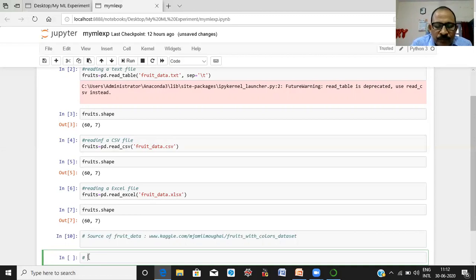So know your data set by looking at the contents of the data set. Is it clear?